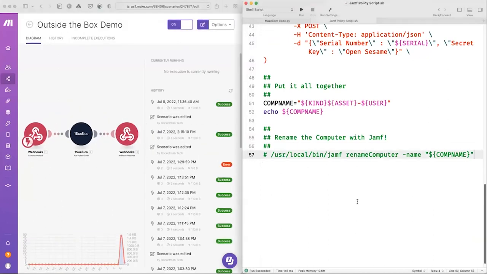And I can go ahead and run this script just as if a computer was checking with Jamf and being told, hey, I need you to rename yourself. When it gets to the part where it sends off that command, that query to make,